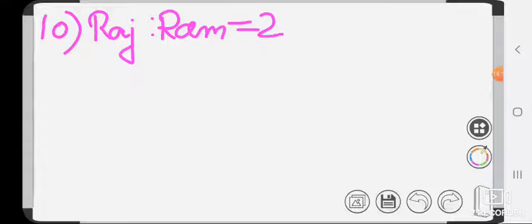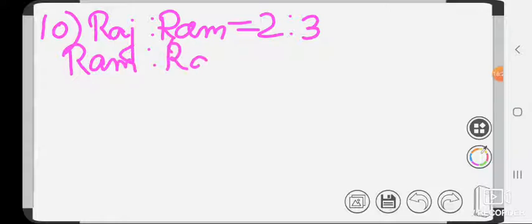Okay, what is the ratio? 2 is to 3. And Ramu and Ravi decide to share expenses in the ratio, that means Ramu is repeated, is to Ravi. Ramu is repeated. 5 is to 7. These are the clues given in the question. How will the three friends share a total expenditure of rupees 1104?